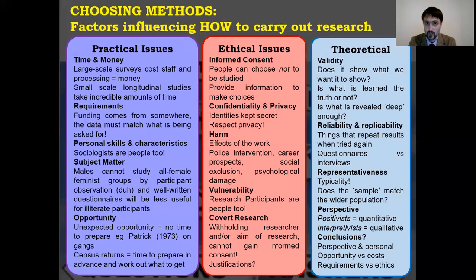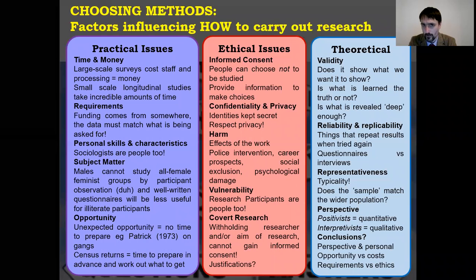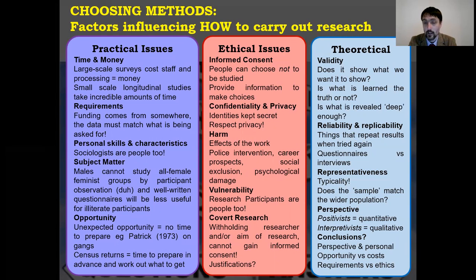So, reliability. There's also representativeness, i.e. how typical are the responses you're getting. If you're asking a bunch of people found in, say, Ilkeston late at night, a series of questions about what they're doing throughout their day, is it really representative of the entirety of Derbyshire? Or indeed the entirety of Ilkeston? Or even the entirety of Ilkeston late at night, if you see what I mean? So typicality is important. How do you choose your sample?